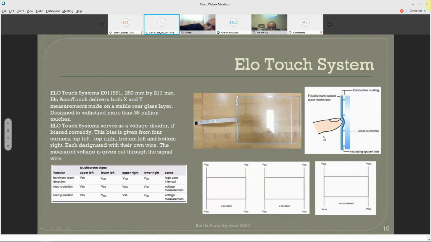So that is to measure the voltage difference of the Y. And then to measure the X, you have to,